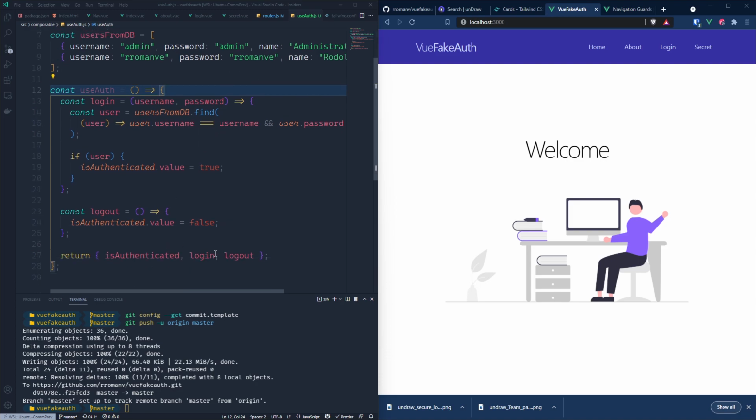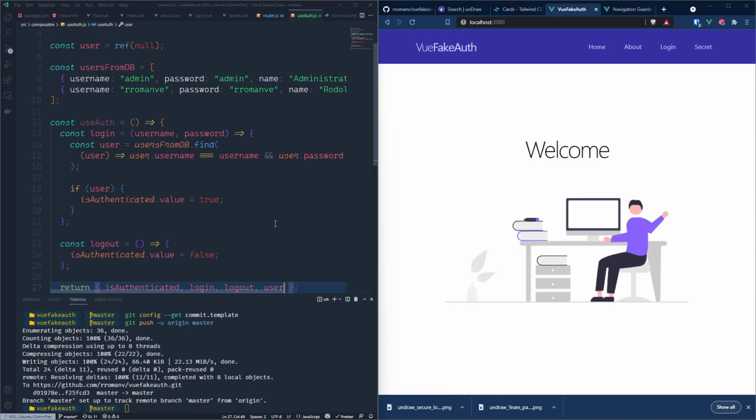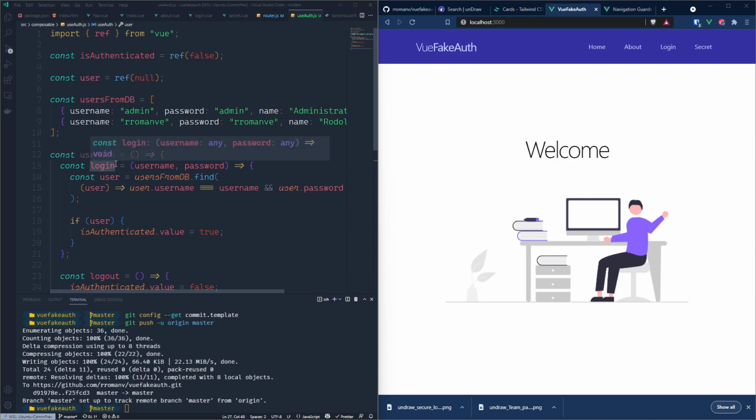So what I want to do: login, logout, and let's actually export the user too. So when I click login, I will send the username and password. And I would like to check my user from database, that the username is equal to the username and the password is equal to the password. If that's true, see if the user exists, I will change the authentication to true and user.value equal